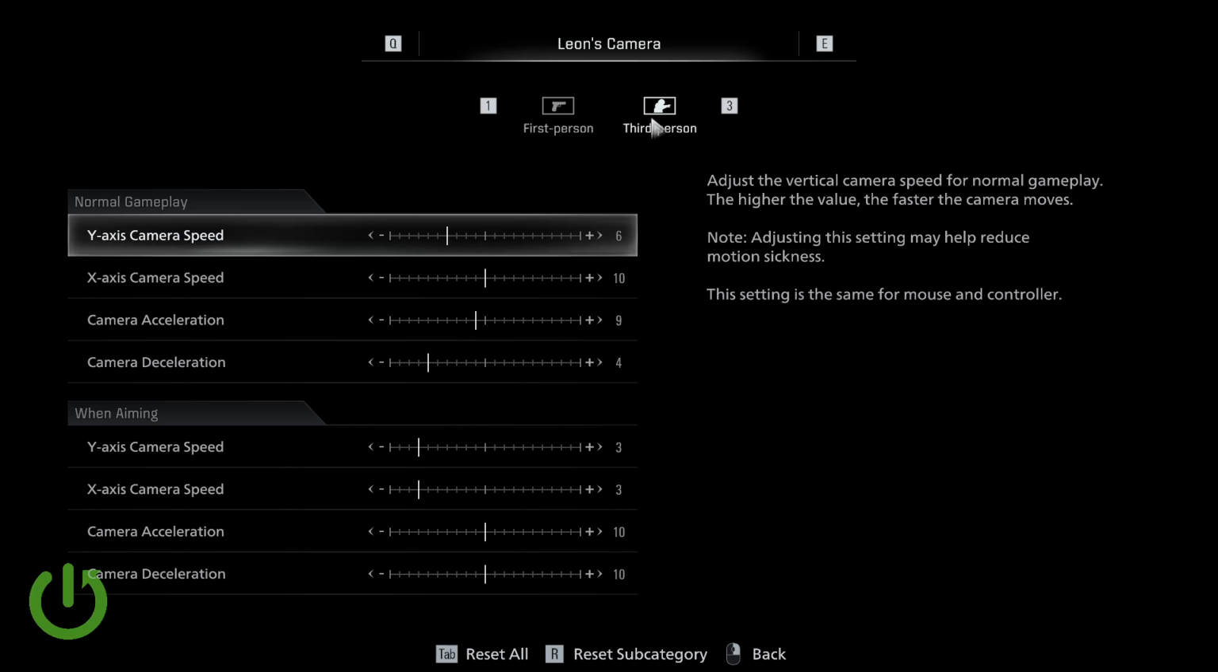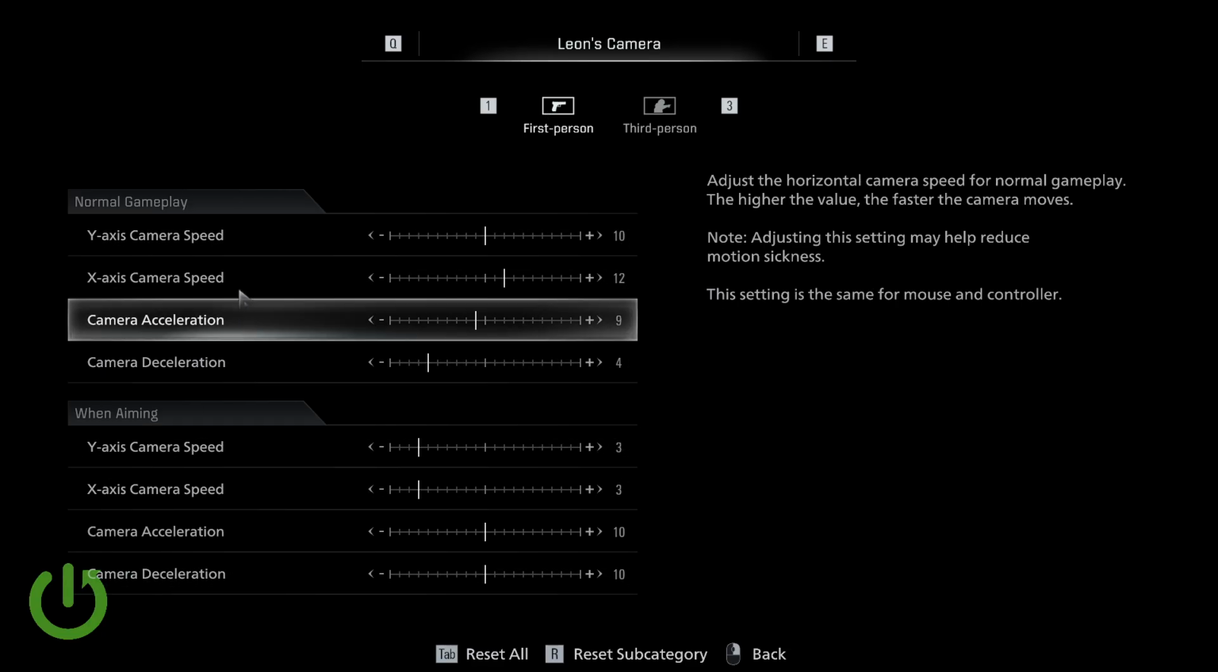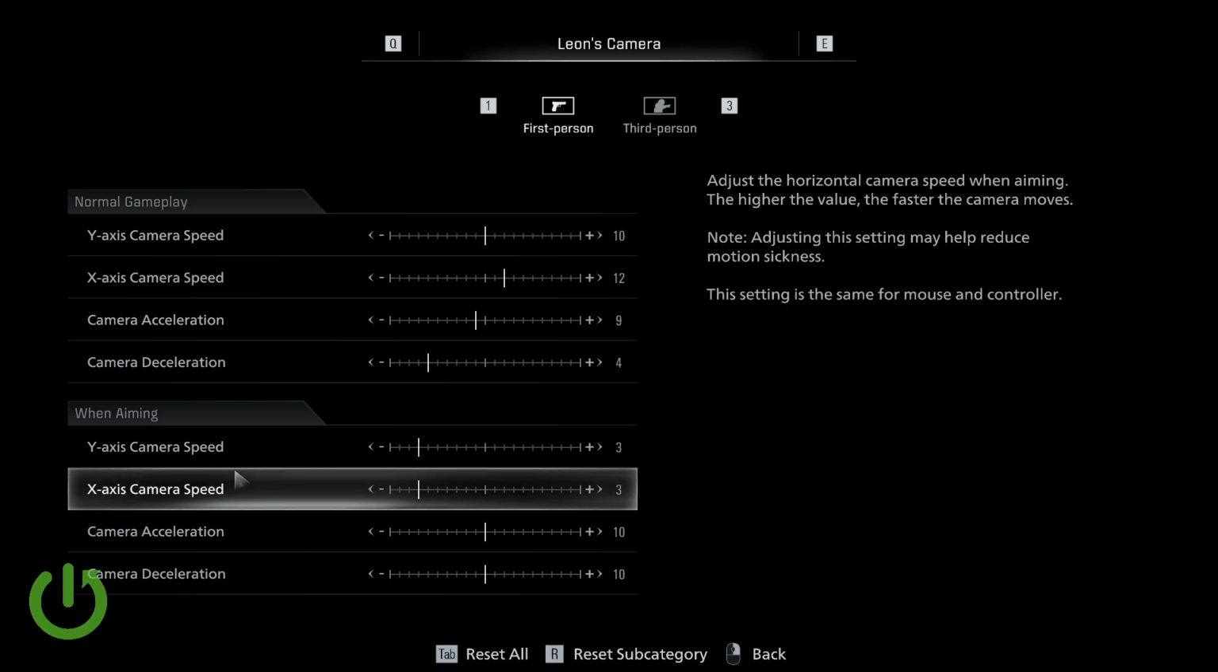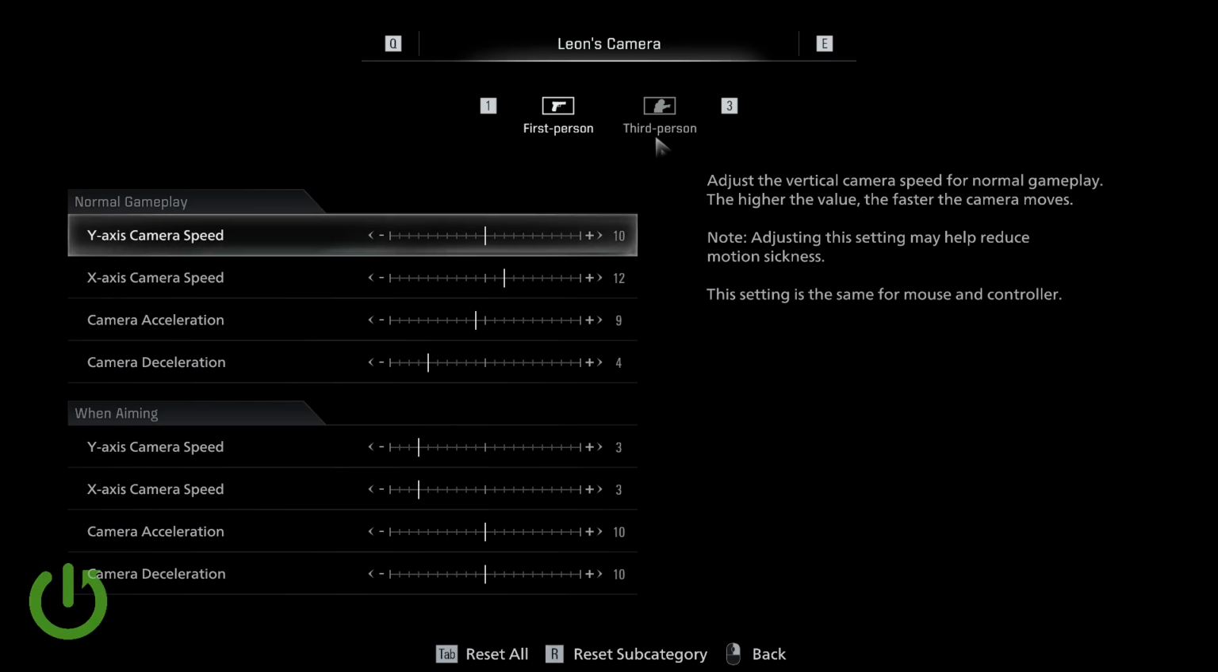You can also customize it separately between third person and first person. As you can see, the categories of settings are the same. The values are simply different and are kept separate between the